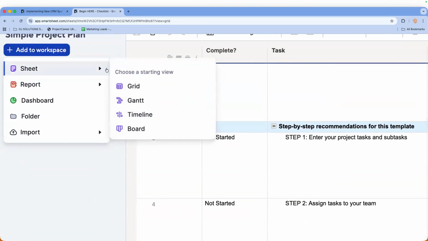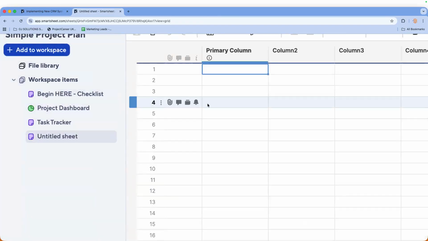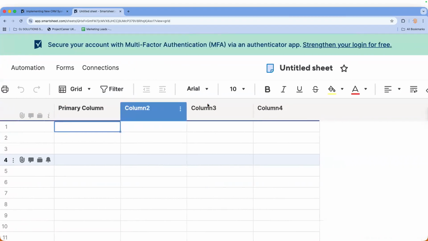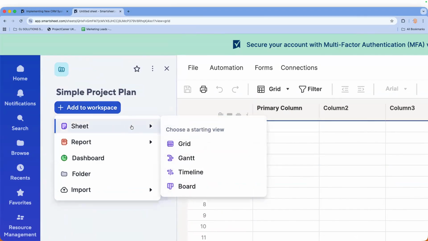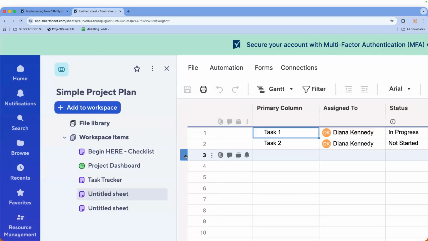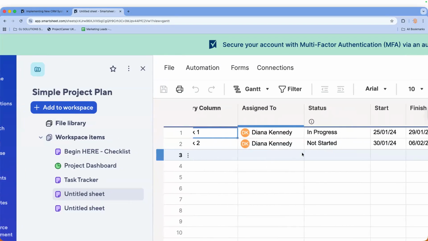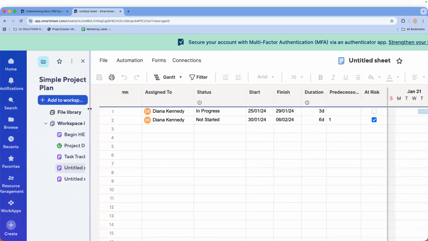Just give me a sheet. Okay, perfect. Should give me a Gantt. Okay. So what I will do is, let me just move this here, zoom back out.